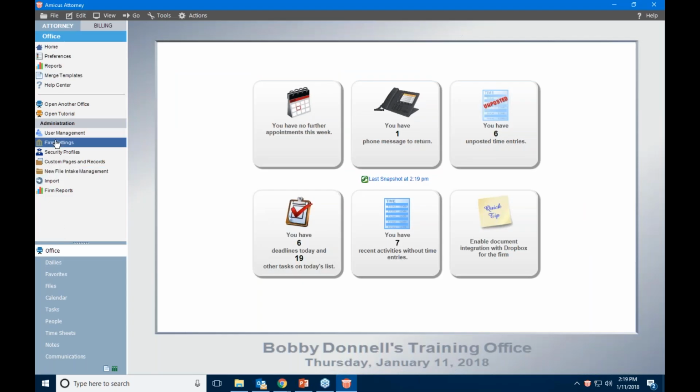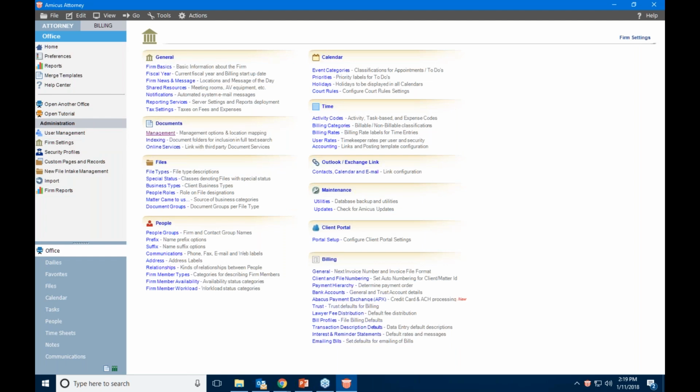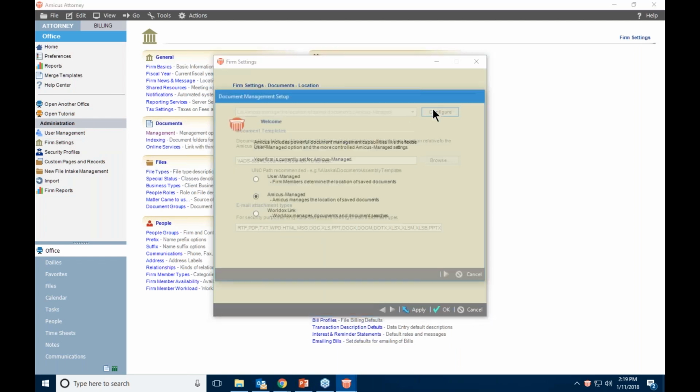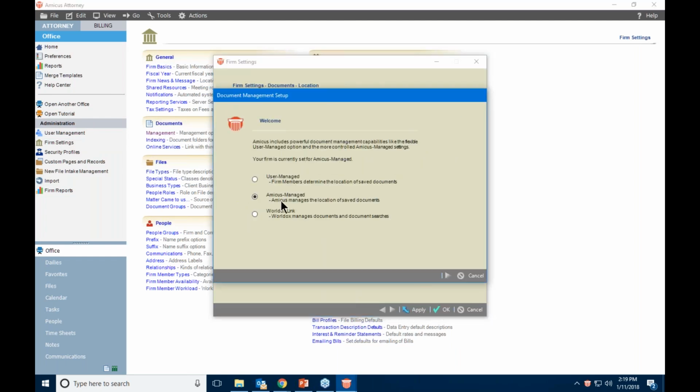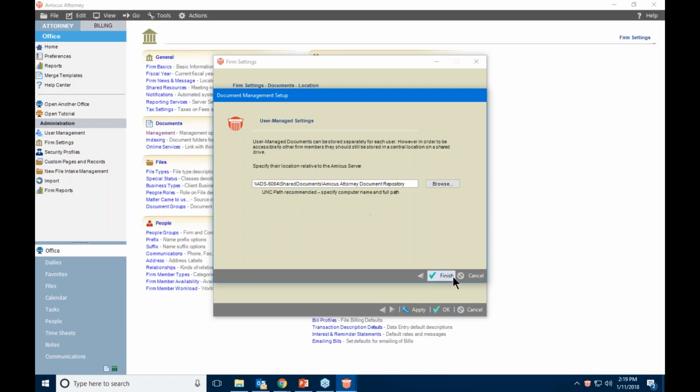Now there is the ability, once you've gone to Amicus Managed Document Management, if you wish to return to User Managed Document Management, you can certainly do so. I should point out that moving from User Managed to Amicus Managed can take some time because as we saw before, Amicus will need to either copy or move those documents wherever they had originally resided to a central place. If we are reverting back to User Managed, it's quite easy. We simply click